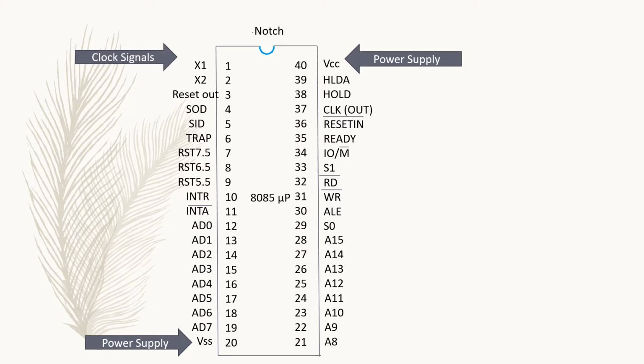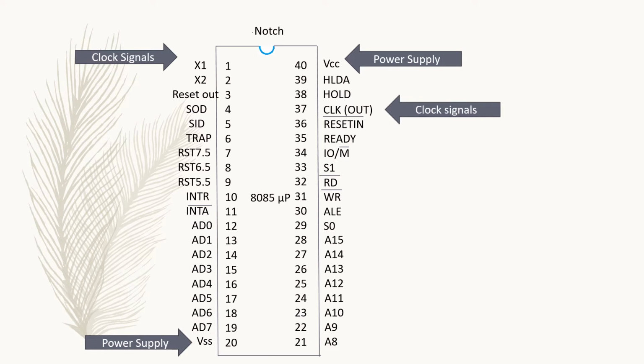Secondly, clock signals. A crystal of 6 MHz frequency is connected across pins X1 and X2 with the help of an RC or LC network. The crystal is used to drive the internal circuitry and to provide proper frequency for the operation. The frequency is internally divided by 2, which is the operating frequency, 3 MHz. So the crystal should always be twice the operating frequency.